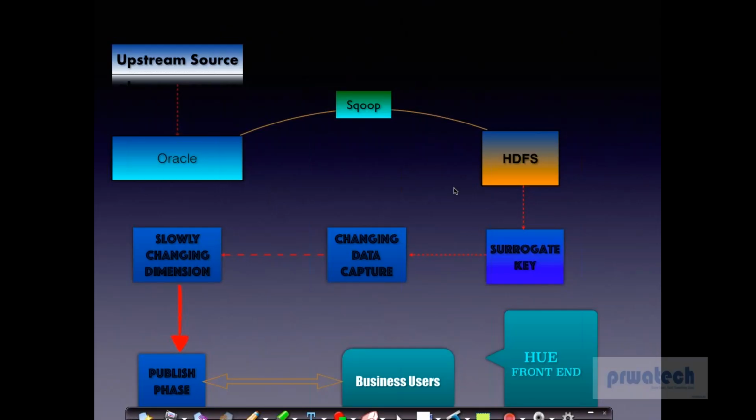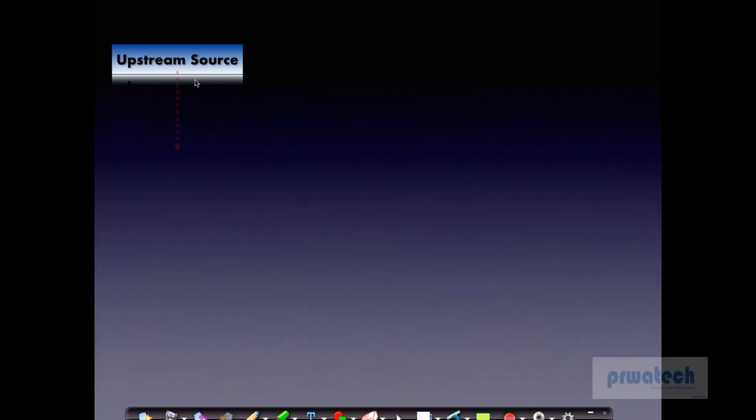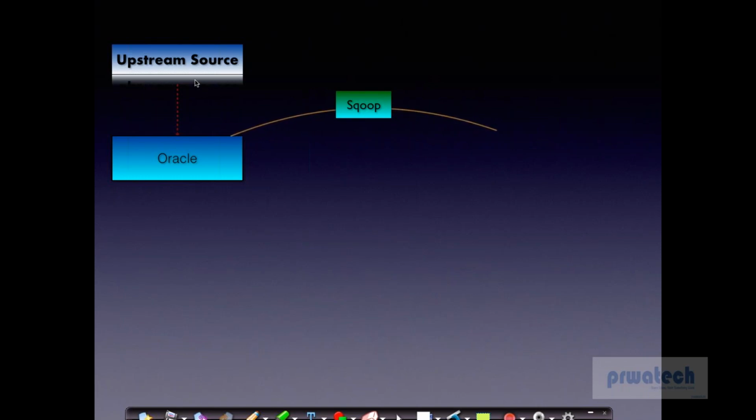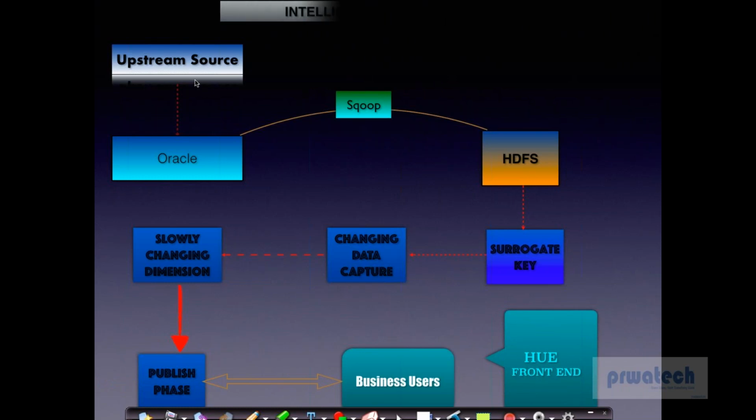Yeah. Then after Hue, stuck. Okay. After Hue,